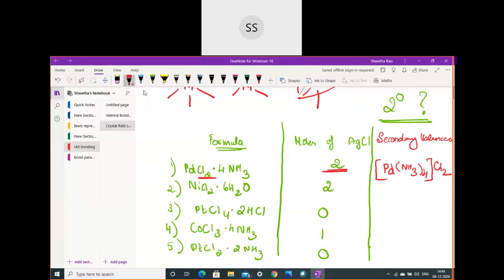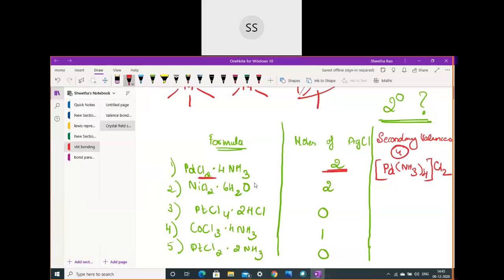Okay. So I can write palladium here first and then how many ammonia molecules are there? So I can write in this way. NH3 we have anyways written out, no? So that will be out only. So how many now? First one, it is 4. I hope now at least you got an idea.